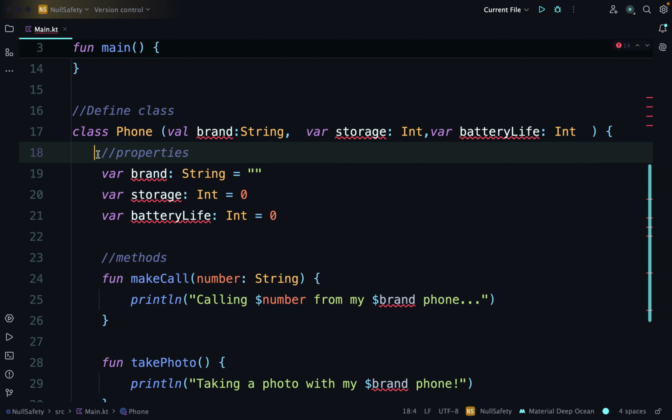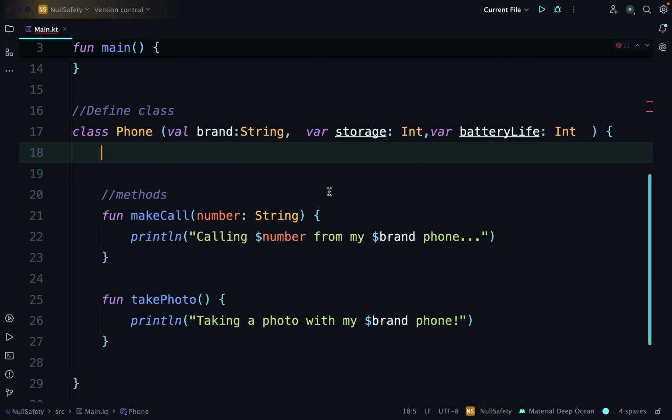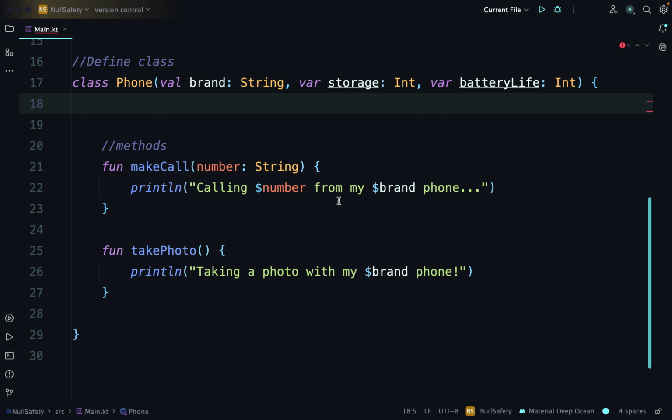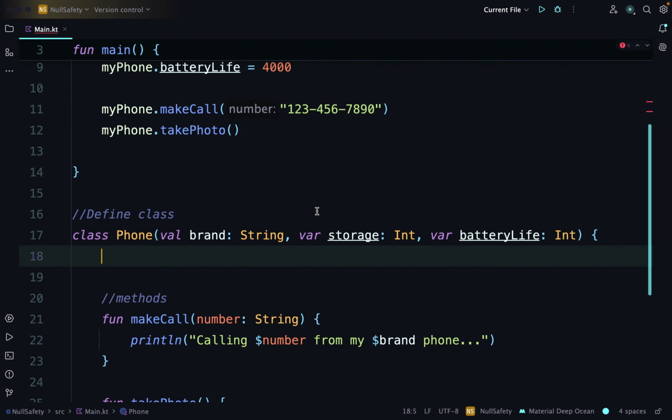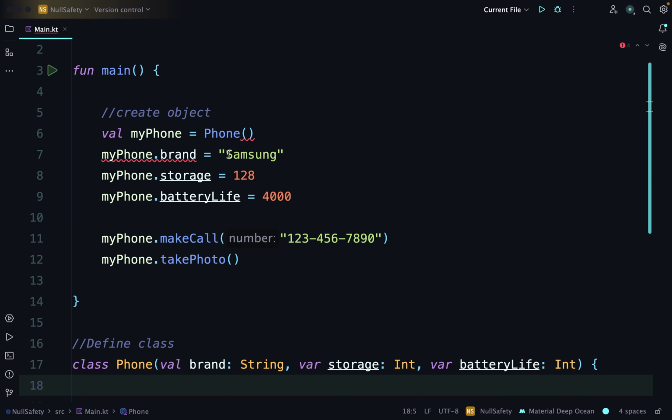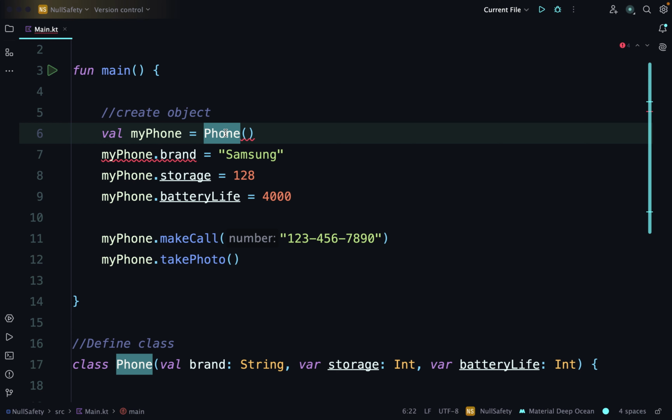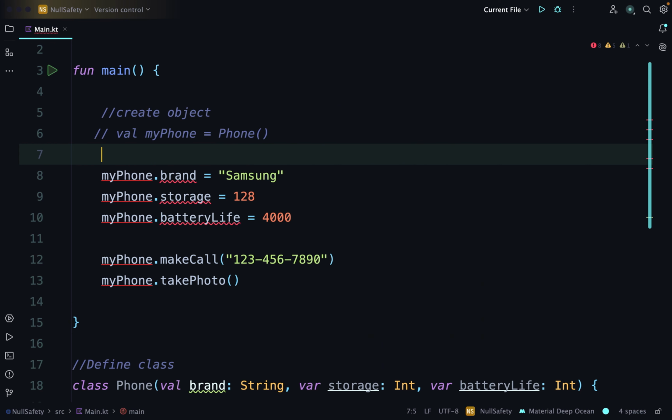Now we can remove the primary constructor. You no longer need the properties inside of the class, but you pass them like an argument, the way you pass it in a function. So you do, and you see our error is gone. So now if you want to create an instance of this class, you have to pass these values directly into the function. So to do that, you can have a new phone,